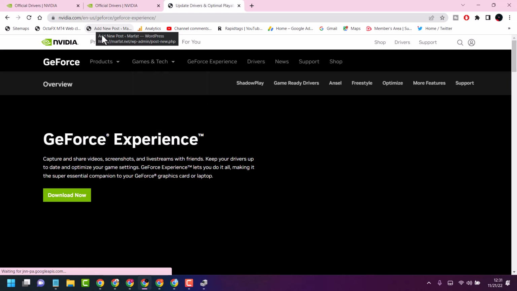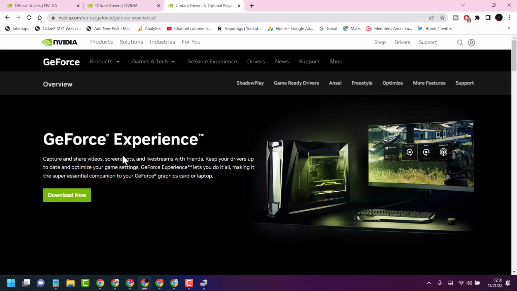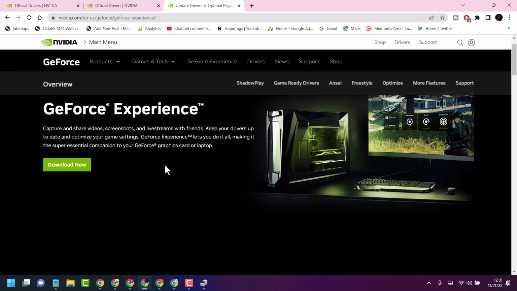And another way, open this link I will give in description. So just here guys, you have to download and install GeForce Experience. So it's capture and share videos, screenshots and live streams with friends. Keep your drivers up to date and optimize your game settings. So it will suggest you best driver for your NVIDIA graphic card. So this is the way guys you can download and install